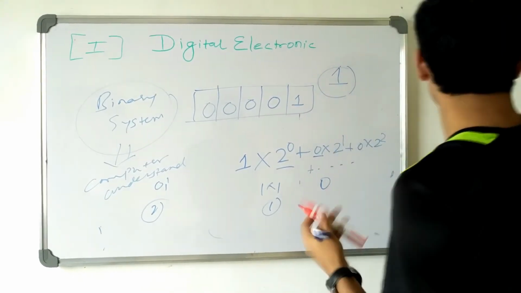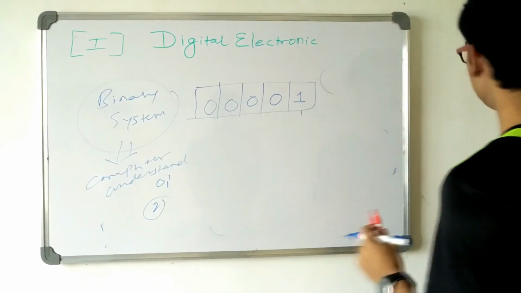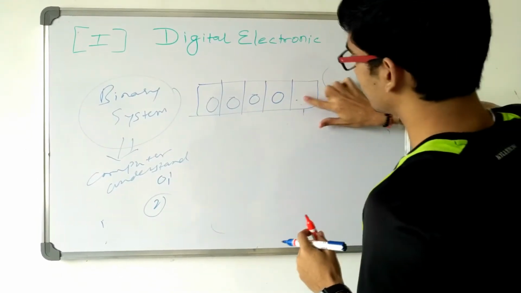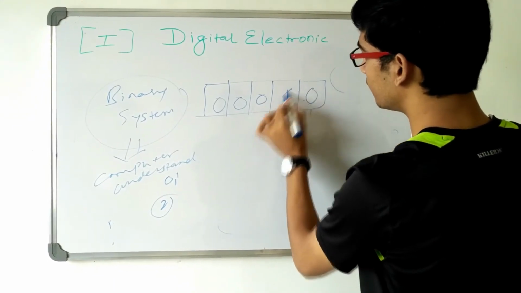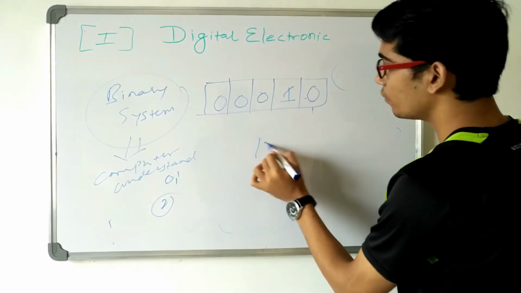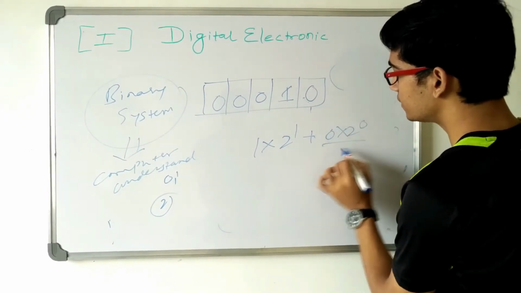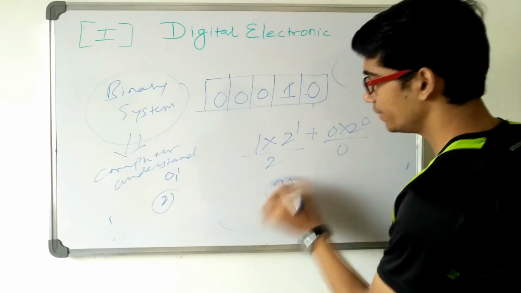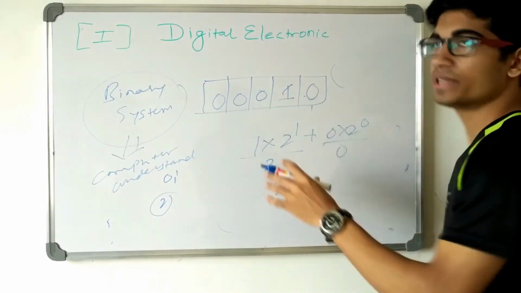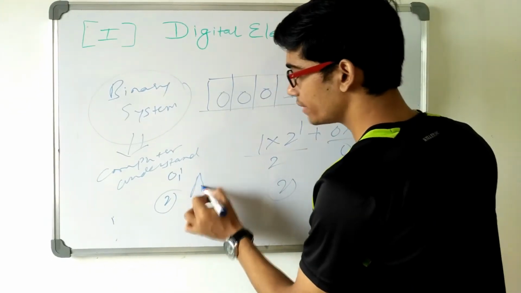Similarly, what if we want the computer to understand 2? What we can do is put a low voltage here and a high voltage here. 1. See what will happen? 1 into 2 to the power 1 plus 0 into 2 to the power 0. So this will be 0, this will be 2. So what does it come out to be? 2. So this was the formation of the binary system, and later technology advanced and we developed several coding methods like